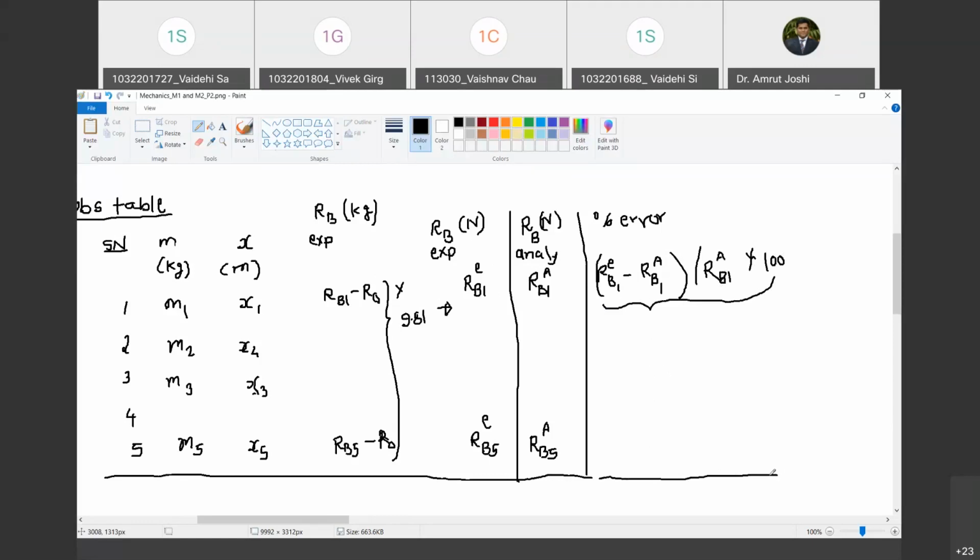If this percentage error is within 5%, then as engineers we are happy. We are not scientists to have the value correct up to the 5th decimal. As long as it is within 5%, we are happy. Are you with me? Yes, sir. Now the only question that remains is how do we find out this RB analytically, and that we are going to answer in a short while. Just give me a minute. Okay, sir.